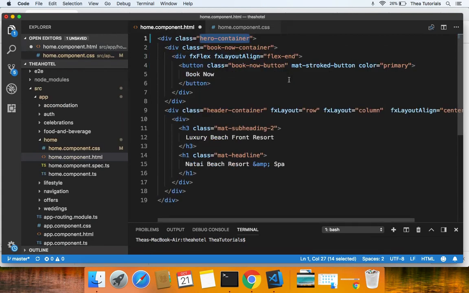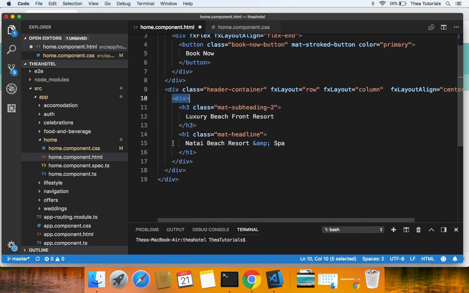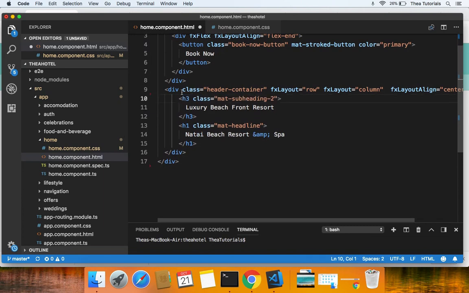Guys, like I said, I'm just doing stuff now. I'm going to remove the div here. This is an empty div without a class. I thought we were going to use that in the last part, but we're not. Move this here. Change this to H2. Change this to H2 as well. H1. So let's make this matte display